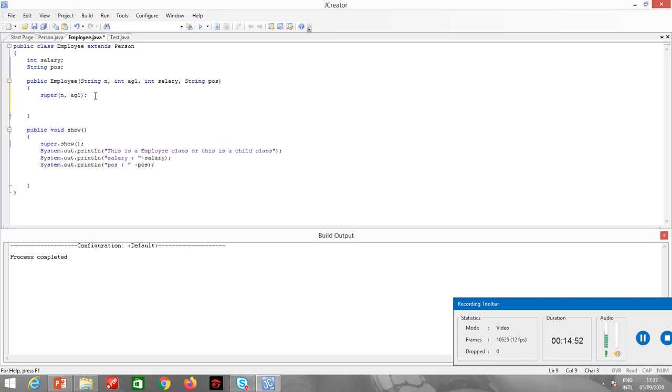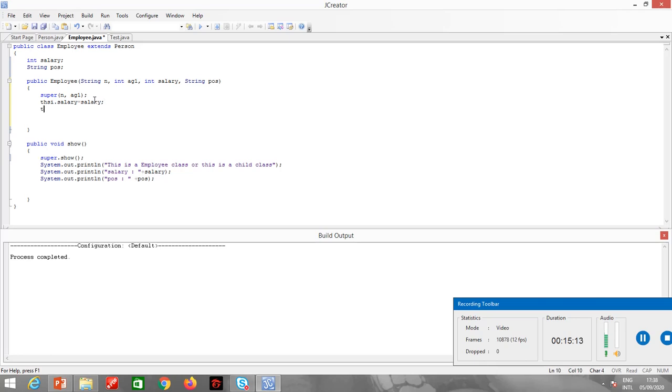Now I will initialize the variables of the child class. If you see, this salary and this salary have the same name. This is the global variable, this is the local variable. So I have to use this.salary = salary. This is a concept from your Java 1.